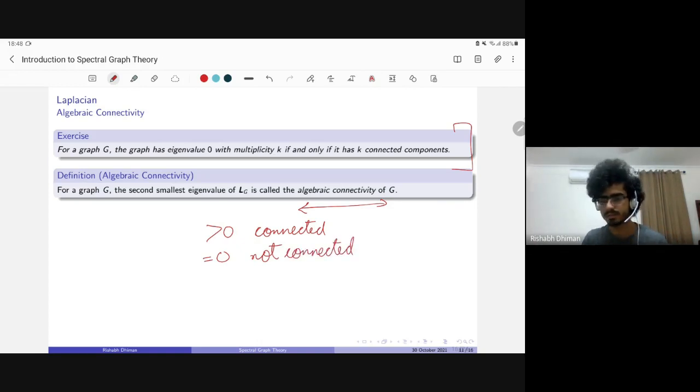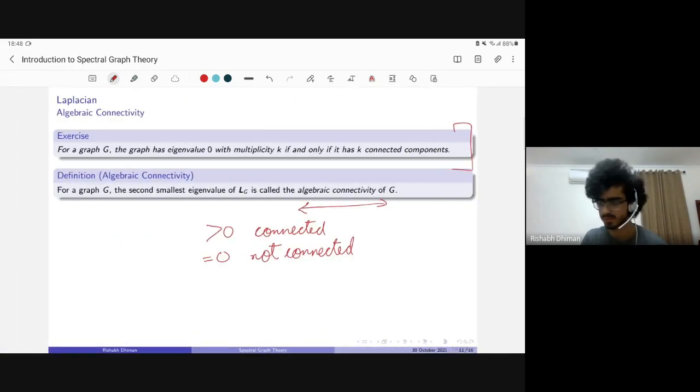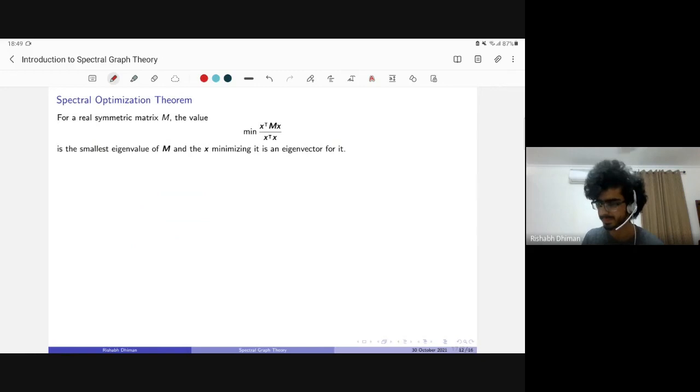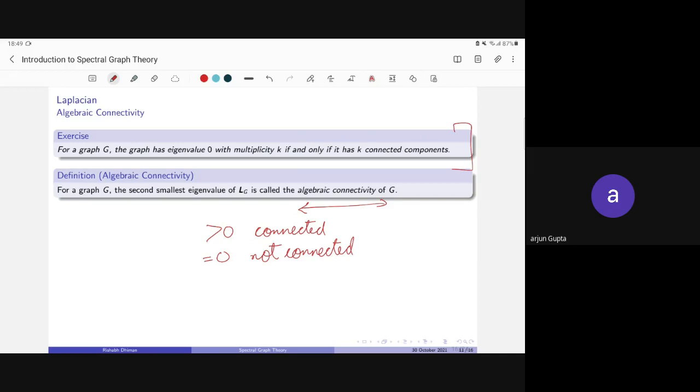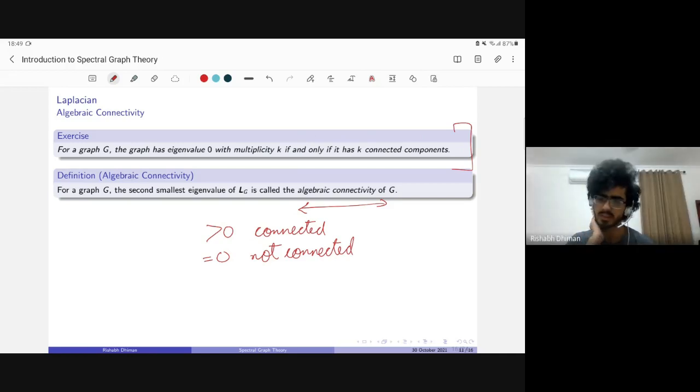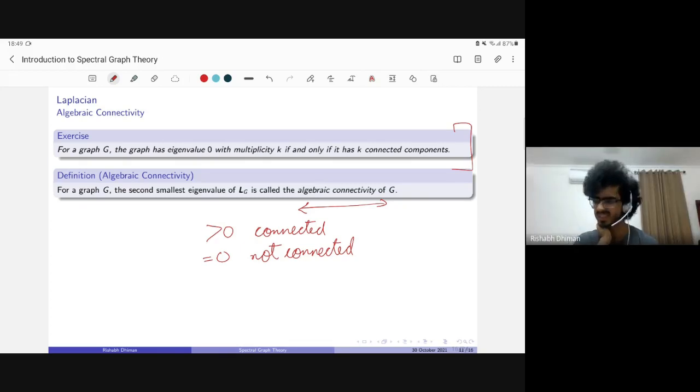You and will now bound it above in the next portion. So, is there any nice geometric interpretation of this algebraic connectivity or not? Geometric in what sense? You mean in terms of the graph? Someone could tell the algebraic connectivity by looking at the graph. No, it's not really obvious.